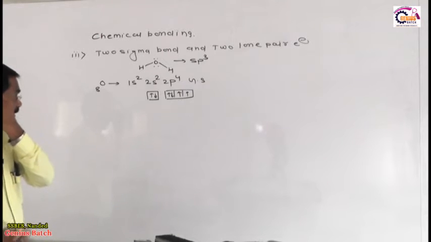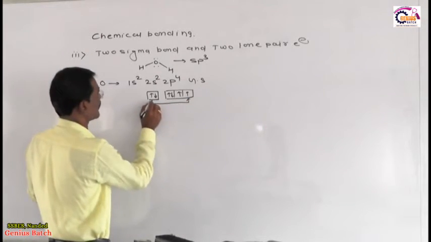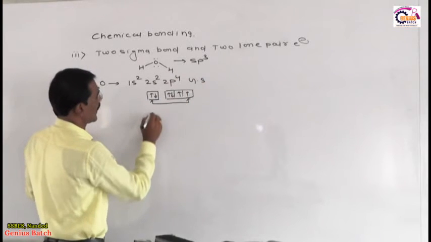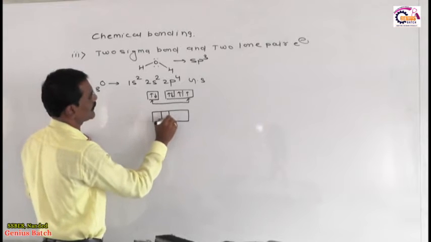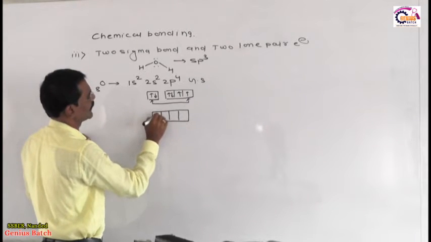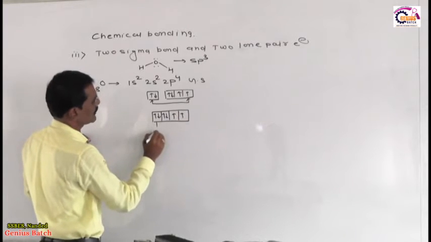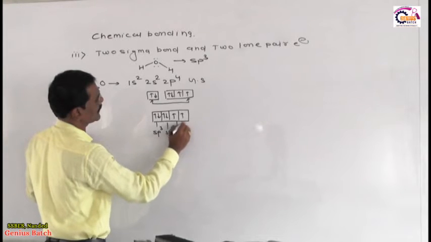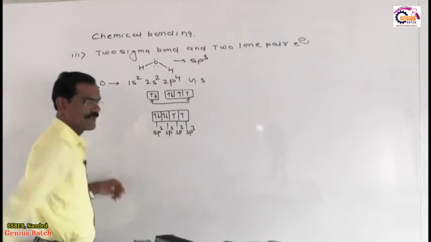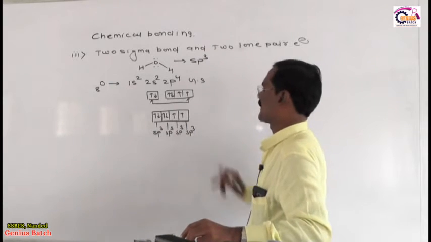Now dear student, what's happened here is the mixing of 1s and 3p orbitals, which takes place because the hybridization is sp3. After mixing, it gives 4 new orbitals which are equivalent in energy and equivalent in shape. These 4 new orbitals are called sp3, because now each orbital has its own identity, and this is called the sp3 phenomenon.